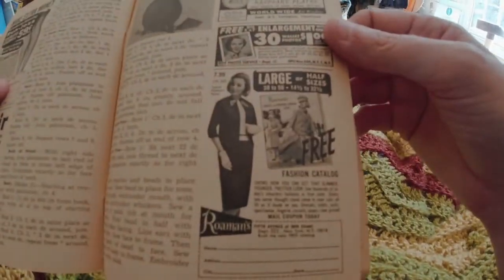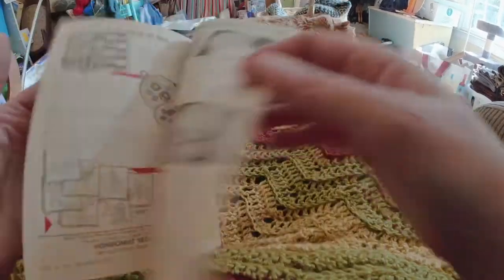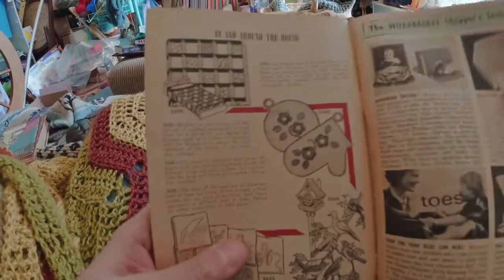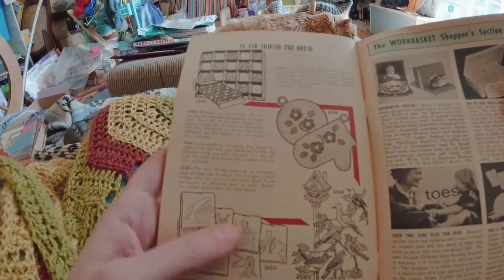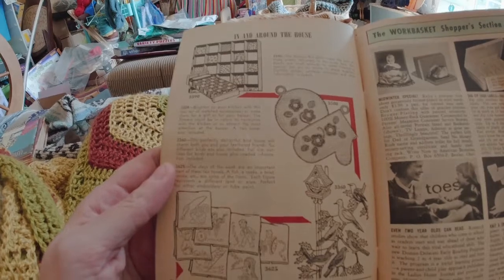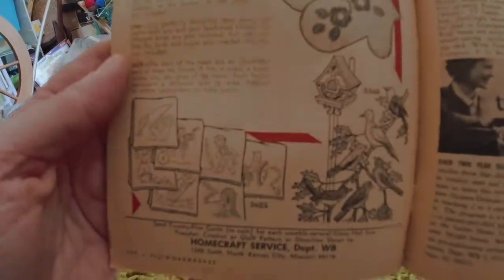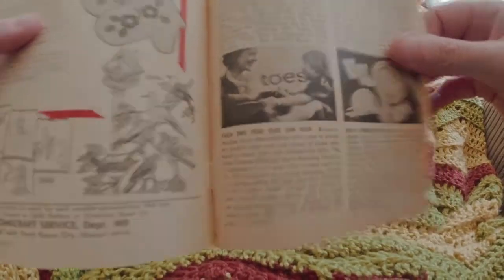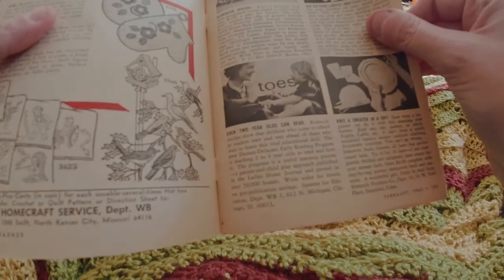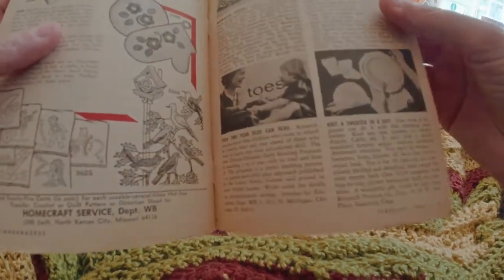Large or half sizes. Again, I challenge them to find somebody who isn't at least that large. I guess it's quite different if you're not strapping yourself into the compresso belt every day. Boy, I sound angsty about the past for this magazine. Usually I'm like, oh, that's neat, look how cute. And this one I'm like, women couldn't even have bank accounts. Maybe I'm just grumpy. Even 2-year-olds can read. They shouldn't. Well, let's not go into that. That's a whole other thing, but...